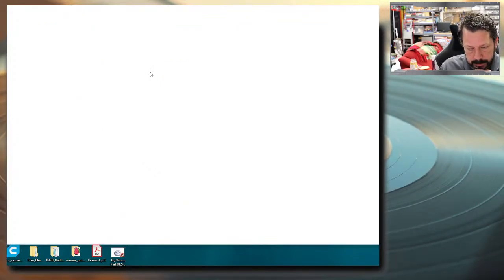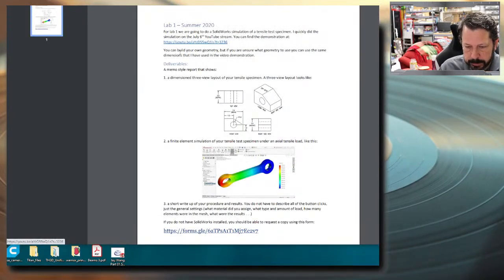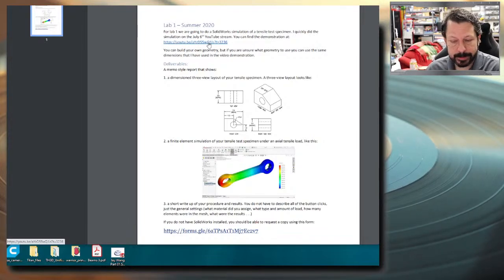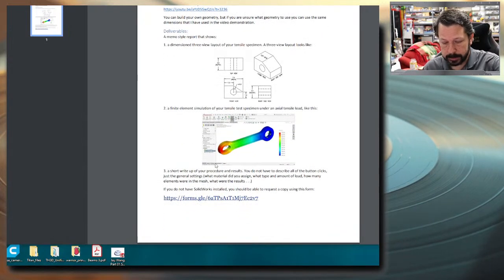So let's look at the lab. You're going to build your own geometry, but there is a standard geometry size, an ASTM standard for the actual flat tensile test specimen. I'll see if I can dig that up so you can see the actual geometry. I think I have it. But I do go, here is a YouTube video. If you're not sure how to use SOLIDWORKS to do one of these simulations, you can just follow the video and put your numbers in and create your SOLIDWORKS simulation. If you don't have SOLIDWORKS, then you can request it